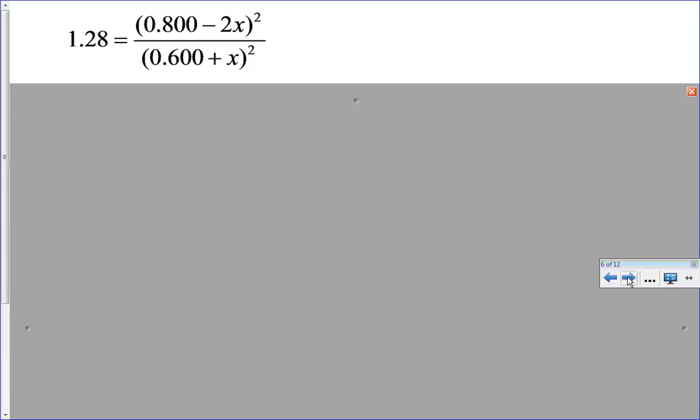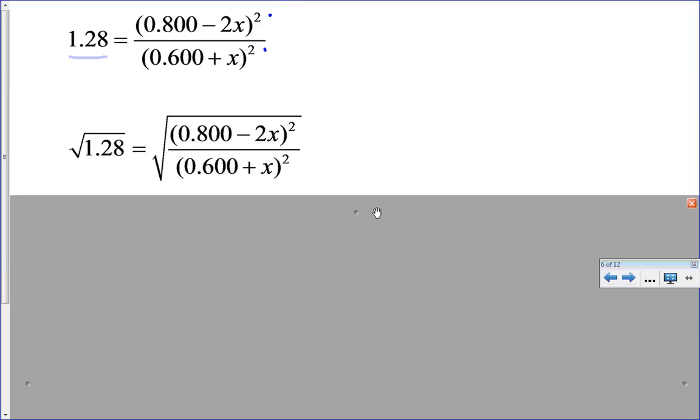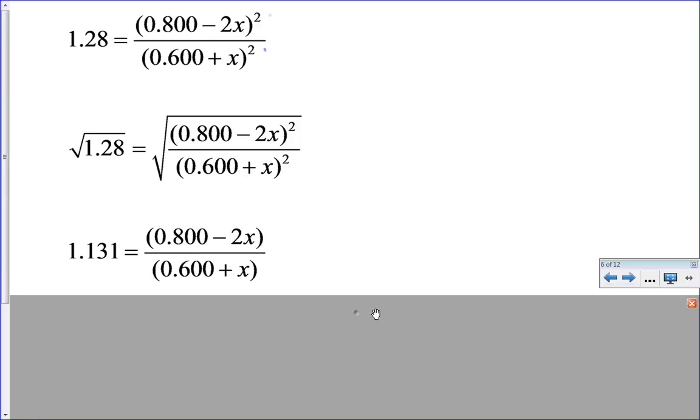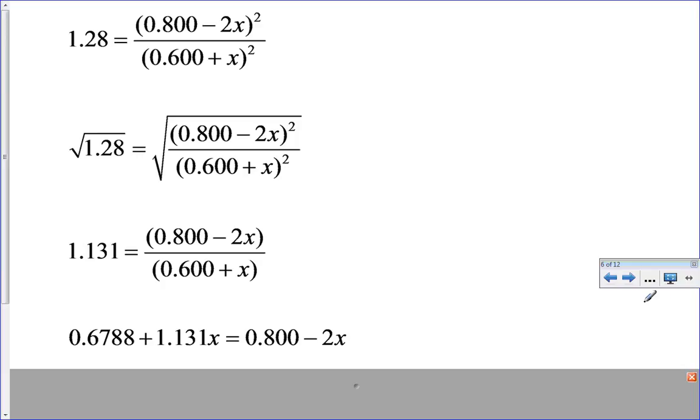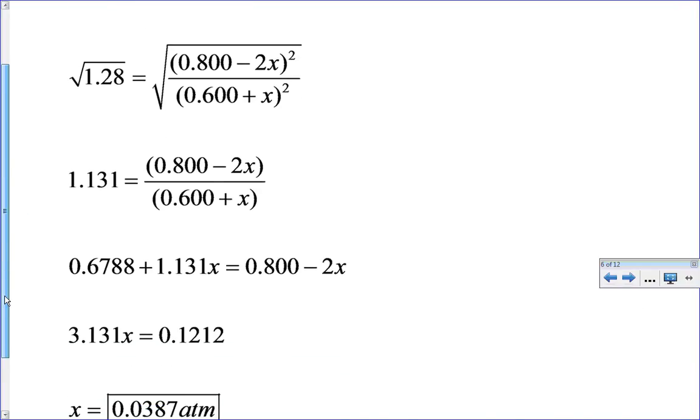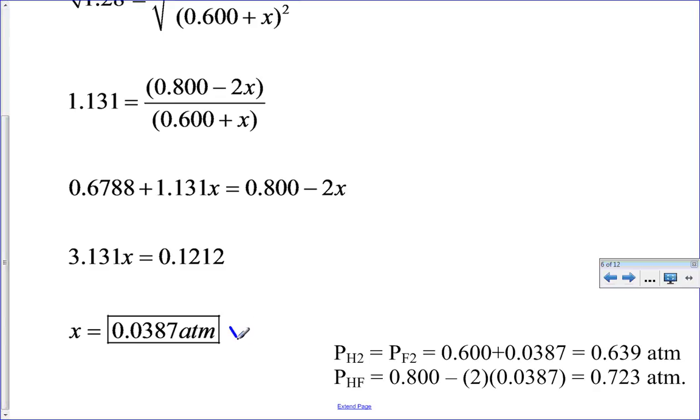Once again, now it's just math work. So I plug in my numbers. Notice I've got my new K value here. It's still a perfect square. So I follow the same sequence. Take the square root of both sides. That reduces my complexity. There will be no x squared term, and I don't have to use a quadratic. And as long as I can manage to do the math right, I find the value of x, in this case,